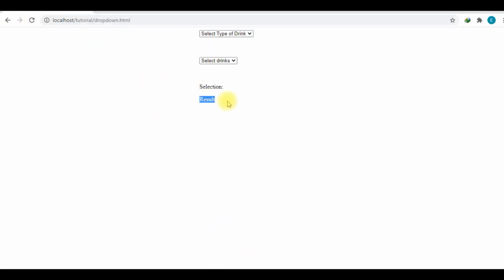Okay, so here it comes. So now this result has to be changed. Okay, so let's select. So this has changed. It's not working. Yeah, so it is getting the output. Okay, so now it is getting. So now one problem is coming.